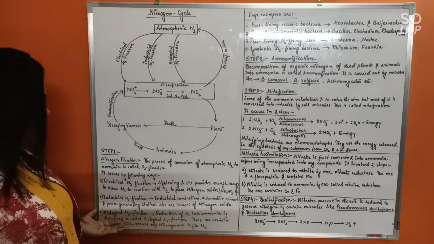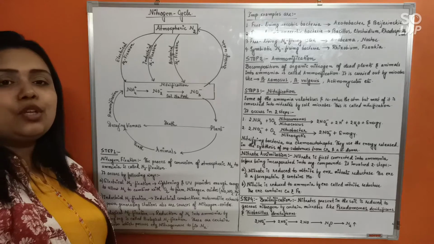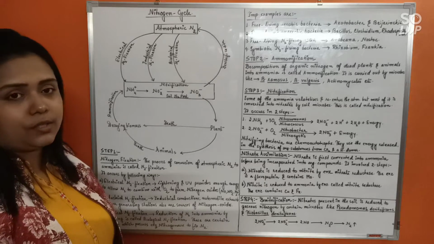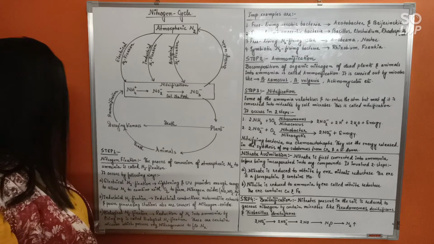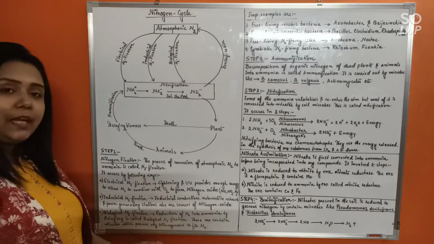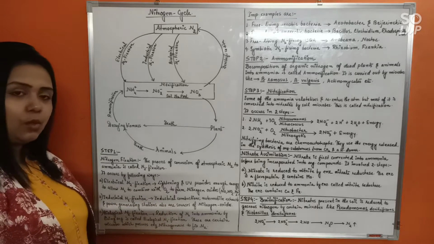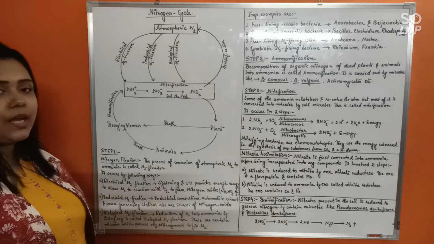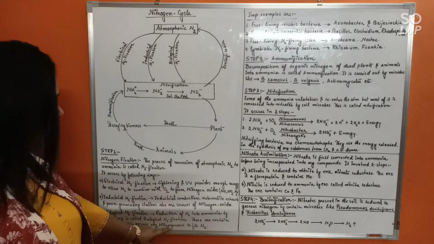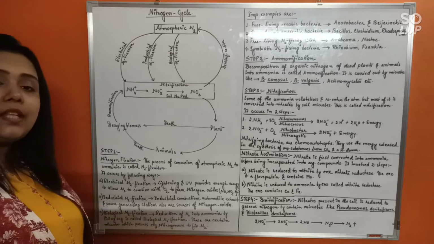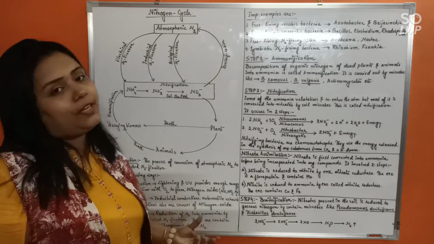Now see, as you might have understood by now, biological nitrogen fixation means nitrogen fixation by the help of certain living organisms. So reduction of nitrogen into ammonia by living organisms is called biological nitrogen fixation. And these living organisms are nothing but microorganisms. This may be certain bacteria or cyanobacteria. Now see, these are certain microbes which possess the enzyme nitrogenase. The enzyme is nitrogenase, and that would be allowing the organism to finally fix nitrogen.